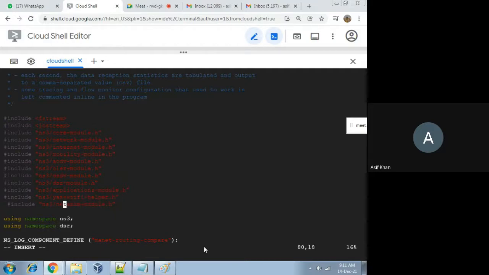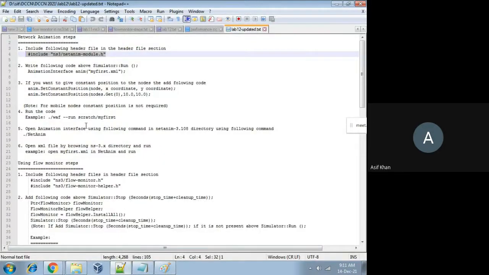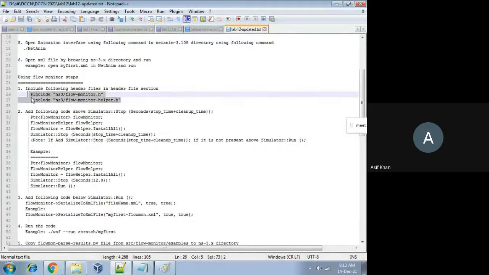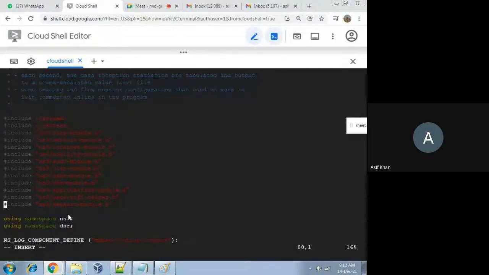Then next, what I have to write? Sorry, this is not, this is the animation header file. I require these two header files. This, copy. This is not required now.